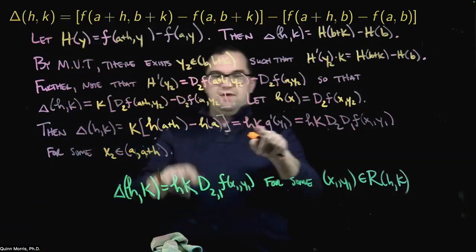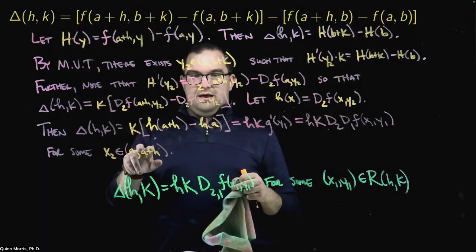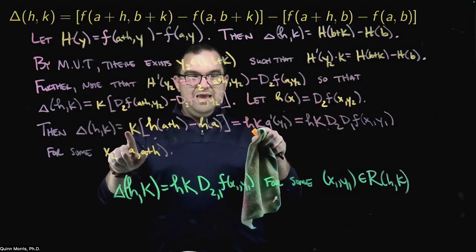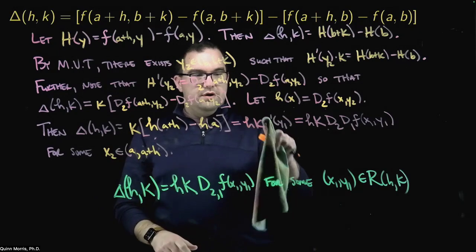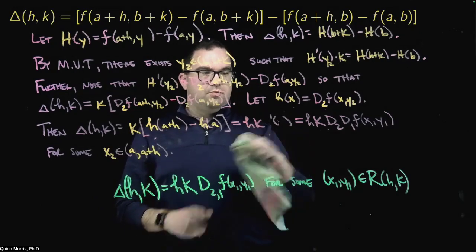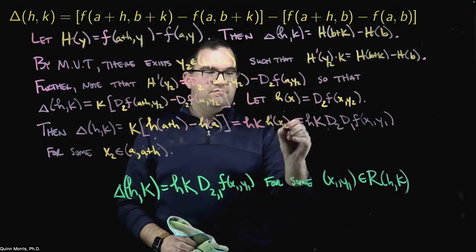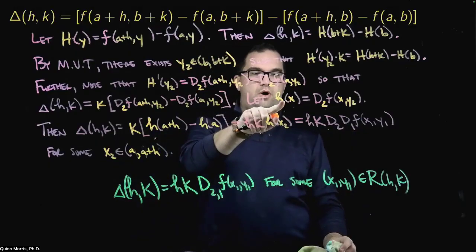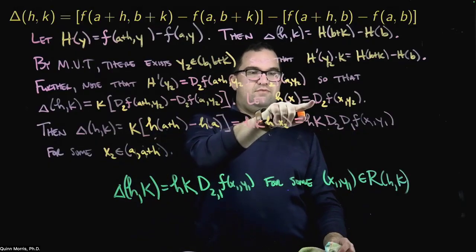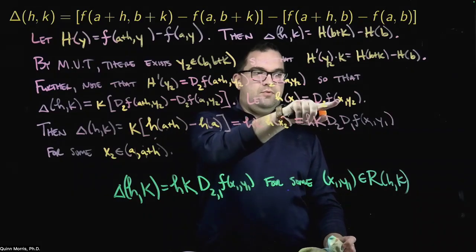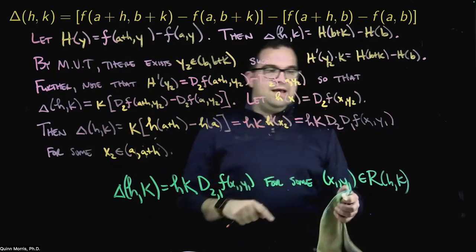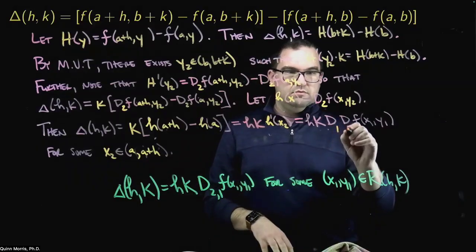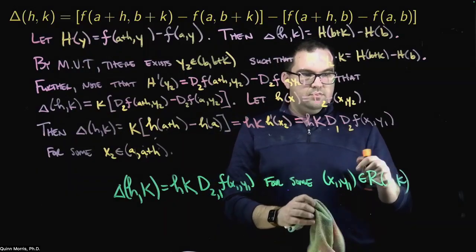Okay. And so applying the mean value theorem, we'll get an h from the difference here. That'll come out with the k. So now we're going to get an hk, which is what we had before. And here we'll have the function, and it'll be an h prime of x2. Okay. But what is little h prime of x2? That's a derivative with respect to the first variable evaluated at x2. So this is now a d1, d2,